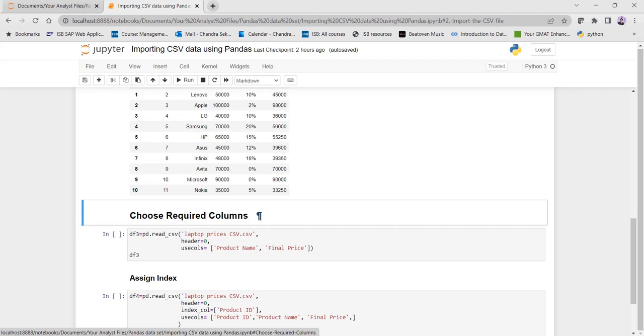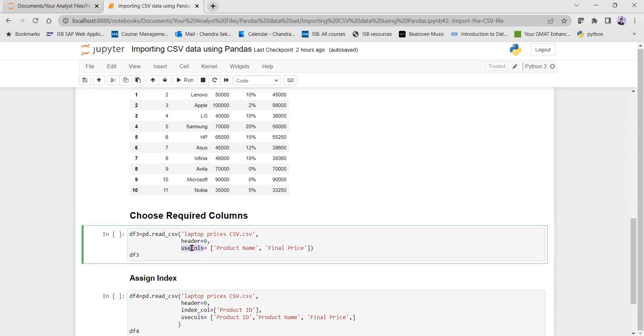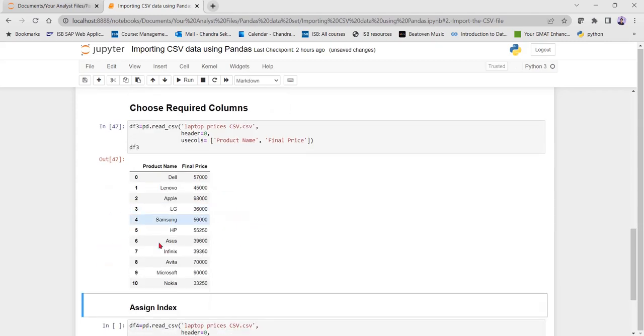Now we can move to choosing the required number of columns. There are cases where there could be multiple columns in the CSV file, but you don't need them. So in order to use the required columns, you'll have to use a parameter called usecols and assign the column names that you want to use. So let's say I just want to use the product name and the final price. In that case, I'll use this parameter usecols, and I will pass on the column names here. When I do this, I'll just see the two columns here,